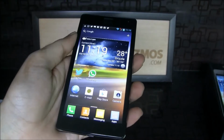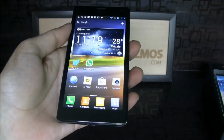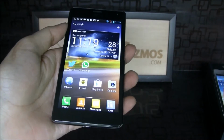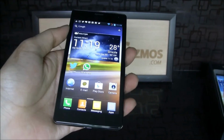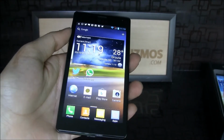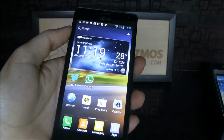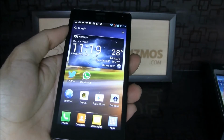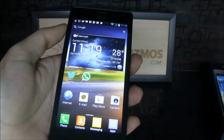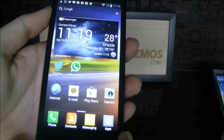Now let us talk about this display on the LG Optimus 4X HD. It's a 4.7 inch True HD IPS display, which is a technology borrowed by LG from its smart TV series. Now this display or the screen is vivid and bright enough to read under direct sunlight. We quite loved the blacks and the contrast ratios it offered, though they are not in the same league as the 1X or the S3 displays. The experience, we assume, could have been much better if not for the small gap between the front